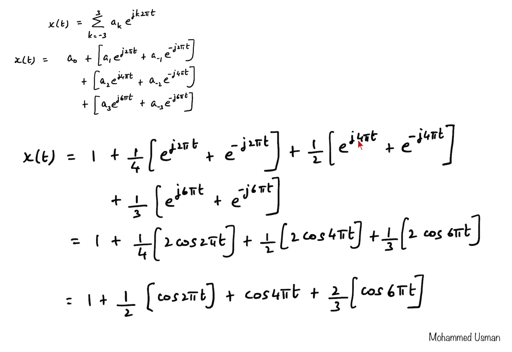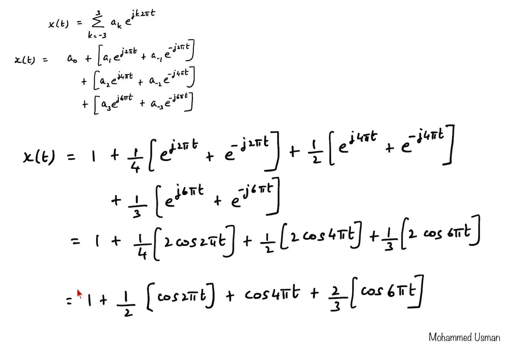So here e power j 4 pi t plus e power minus j 4 pi t is 2 cosine 4 pi t, and similarly for the 6 pi t term we have 2 cosine 6 pi t. Okay, now we simplify this and we get this final expression where we have the x of t consisting of a term of 1